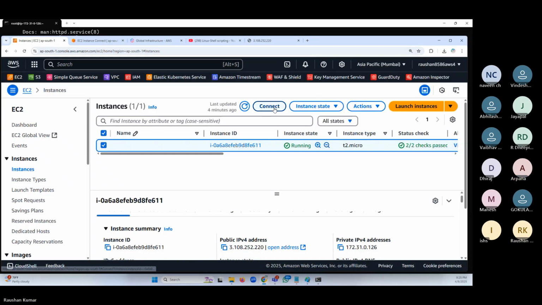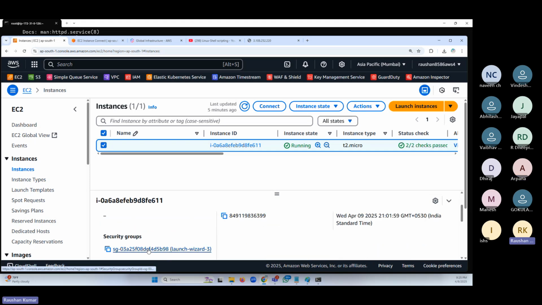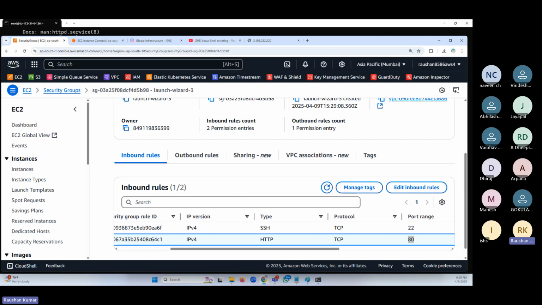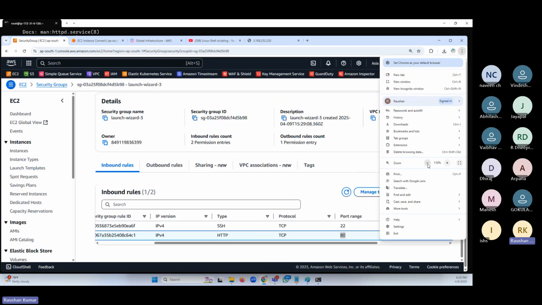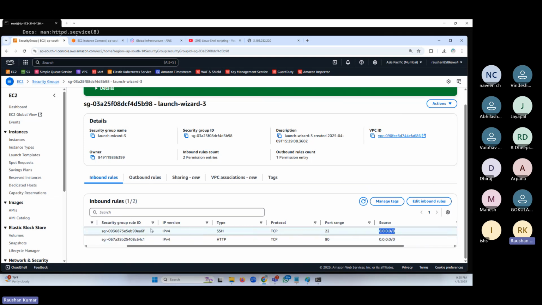So if you have followed the steps, you would be able to do that. If not, go and check your security group. Please select the server, go to the security tab, and there is something called security group. Check that, and please confirm whether port 22 is enabled for you, and whether everybody can access it. Do you see the first entry in the inbound rules? Check this, because that's the only reason you would not be able to connect.